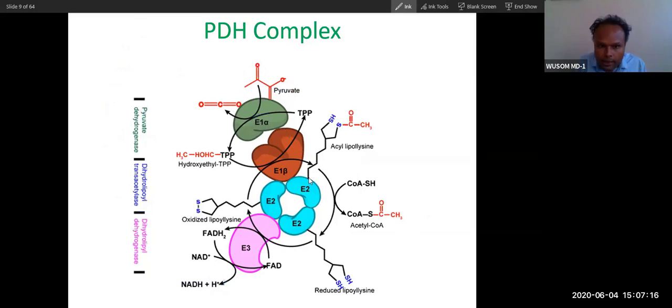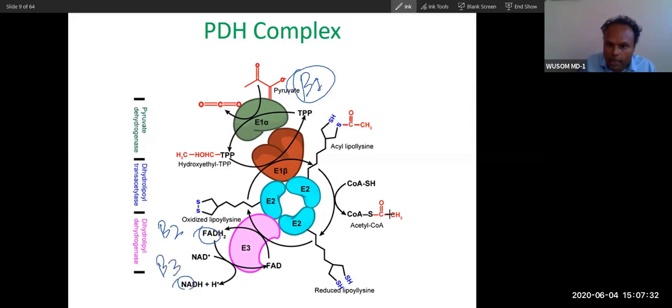So you can see this enzyme has vitamin B1 here, and vitamin B2 here in enzyme complex 3, B2 as flavin. Also B2 and B3 will work together. Here B3. You can see here B5. Can you see pantothenic acid as B5? Now here, one is lipoic acid. This is called lipoic acid.